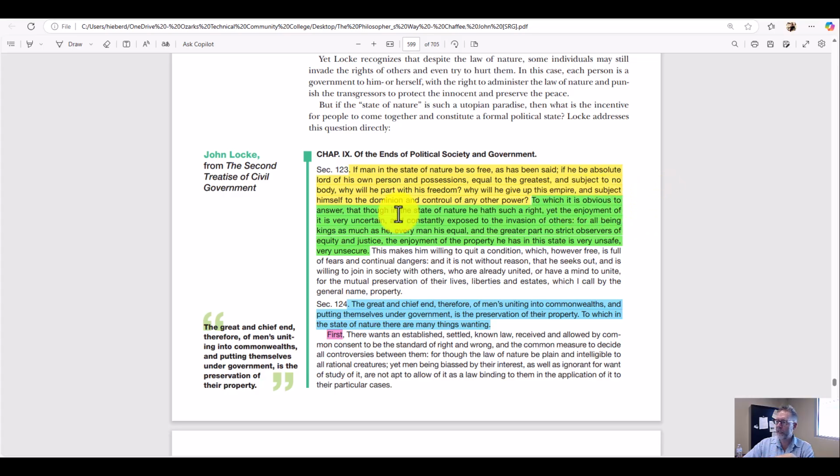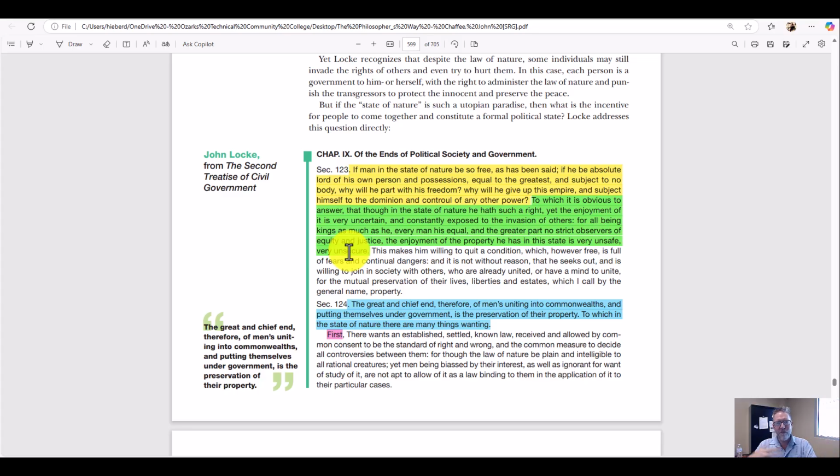Well, Locke says, well, the answer is obvious. That though in the state of nature we have all those rights, right? We have all those freedoms, yet the enjoyment of it is uncertain and constantly exposed to the invasion of others. For all kings, as much as he, every man his equal, and the greater part no strict observers of equity and justice, the enjoyment of the property he has in this state is unsafe and unsecure. Meaning that